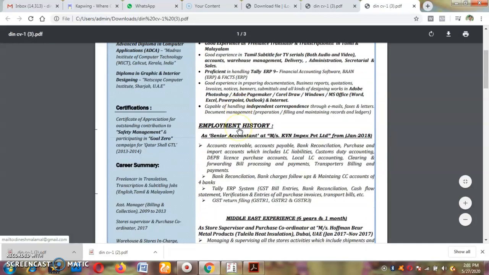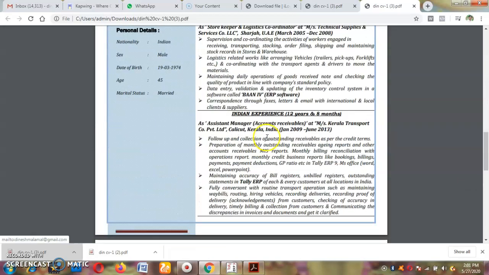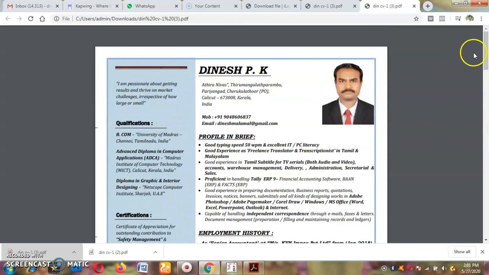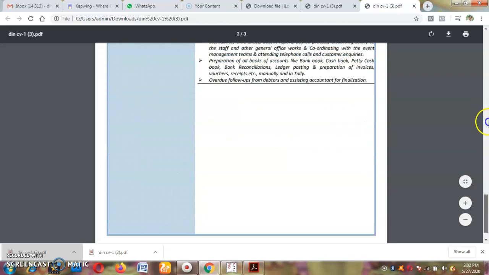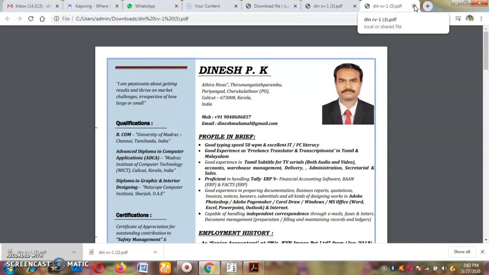See, now this is how it looks. When comparing to Word, if you are submitting a CV as a PDF file, it will look good, and the finish will be very nice and very impressive. So I suggest to all of you, if you want to make a CV, just convert it into a PDF file and submit it. That will be better for you. I hope you can understand.